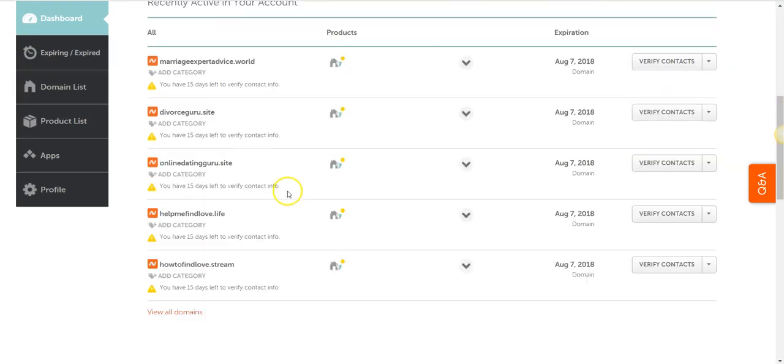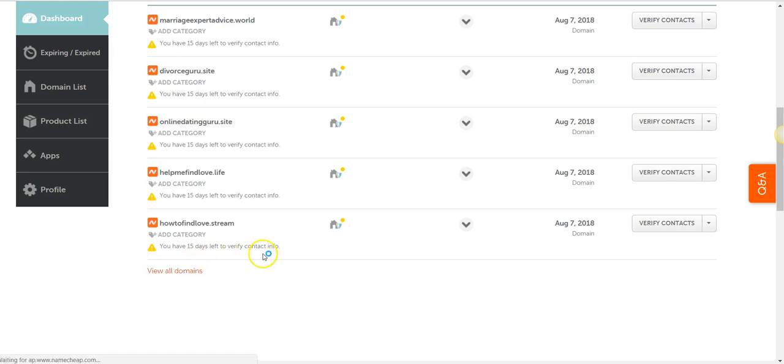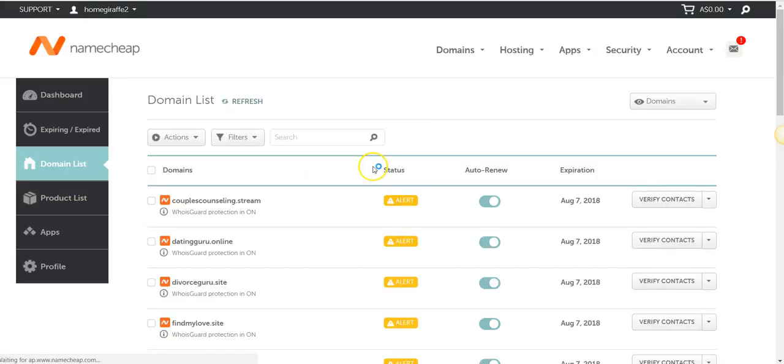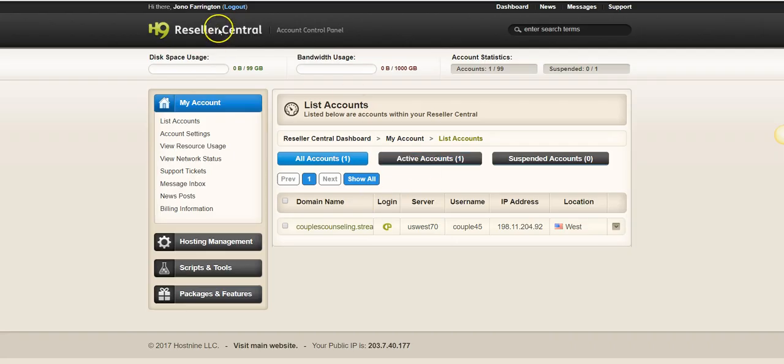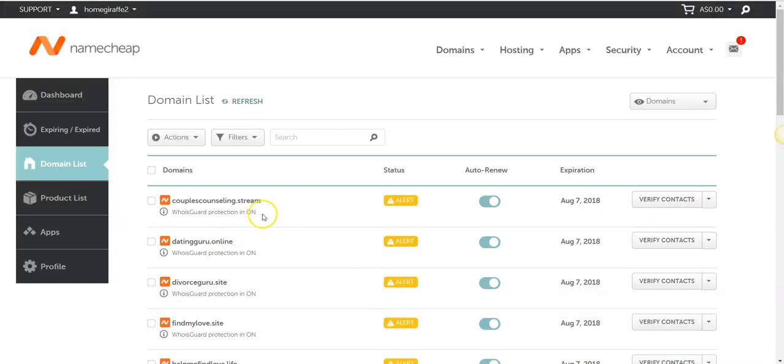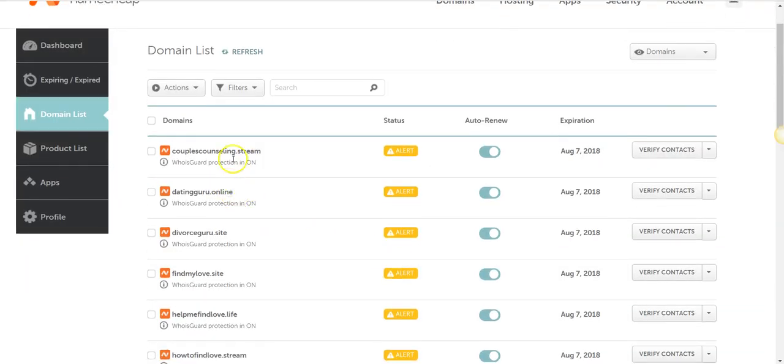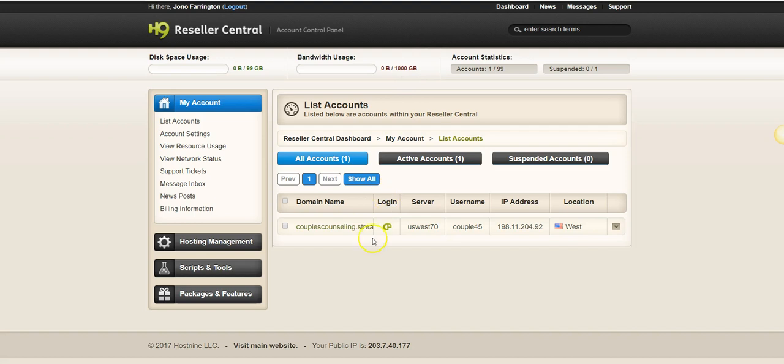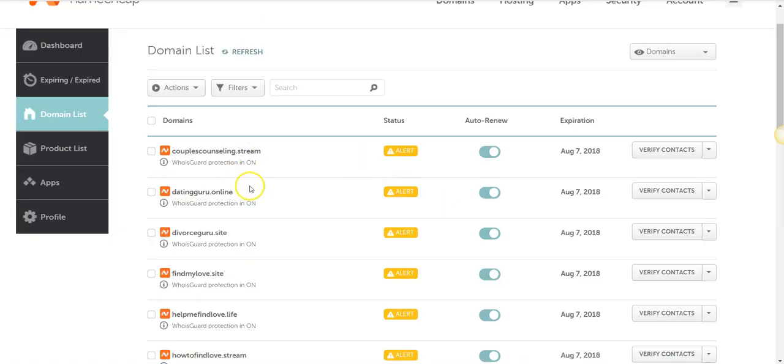You can see them all here. Okay, they're all here. And the reseller hosting account is at host 9. Okay, so first thing you need to do is I've actually already added this one here. I haven't set up in WordPress yet, but I've installed it on the account. But I'll show you how to install it on a domain on the account. So first thing you need to do is go and grab the domain name,